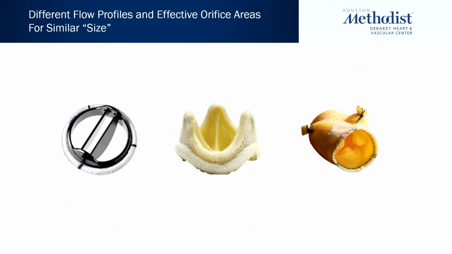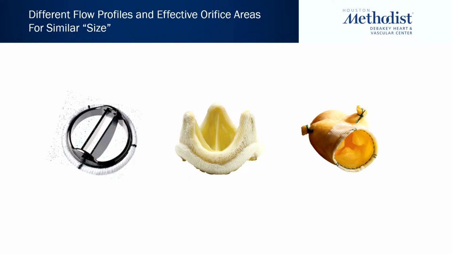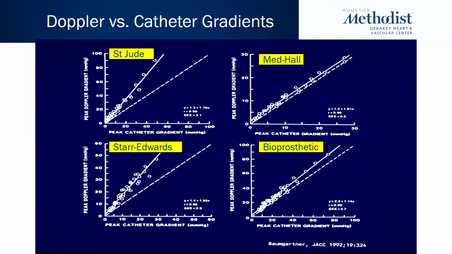Something I alluded to is there is an acceleration of flow in bileaflet valves, and you can see that. Because there is acceleration of flow between these two leaflets, the velocity is higher in between, so it's not a flat flow profile. And by CW, you will measure the highest velocity, and therefore it is higher than what you see hemodynamically in the catheterization laboratory or other means, and therefore the gradients are higher and the effective orifice area is lower. And this is early data from Dr. Baumgartner from Europe,